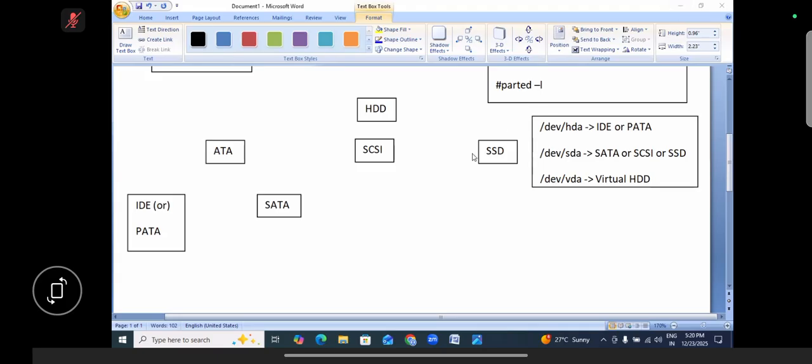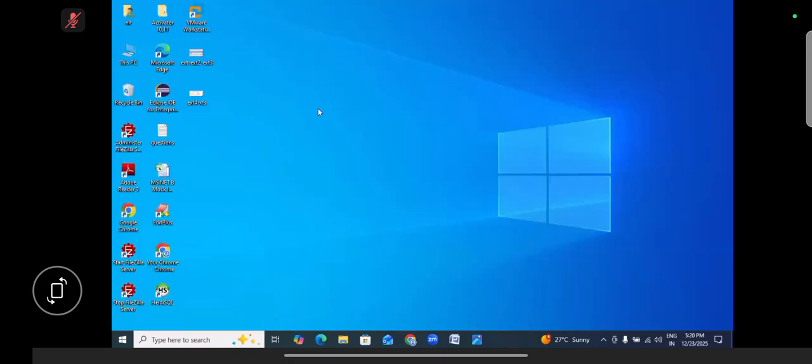So now we are going to check how to check the hard disk type. This is all about the theoretical part. I hope you are very clear. We still have some theoretical part. While we are doing the practical session, at that time you are going to understand. If you have any doubts, any questions, as of now, please